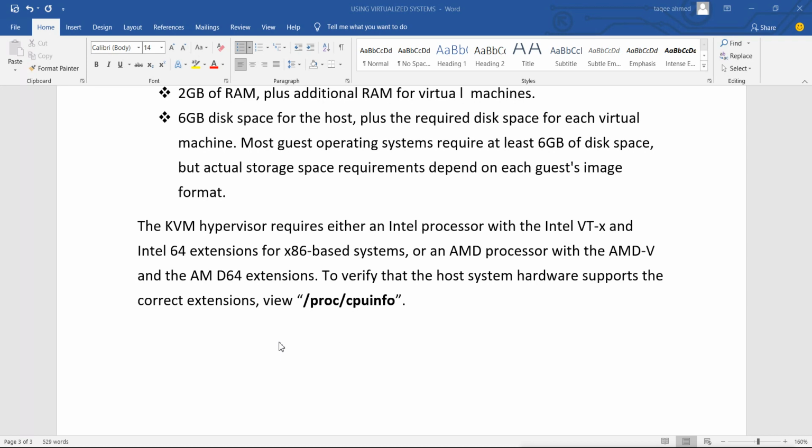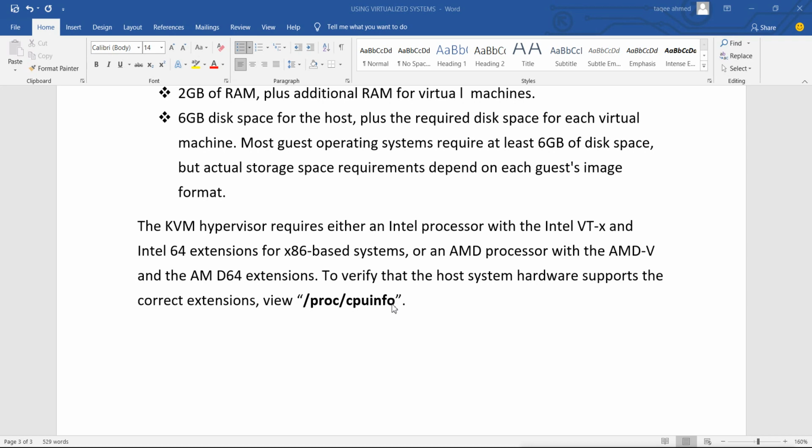Now to verify that the host system hardware supports the correct extension, we have to view the file under the proc directory, that is cpuinfo. In this file we can check the information about the CPU, and what technology our CPU supports, whether our processor is Intel or AMD. It should support those technologies for virtualization. Like an Intel processor should support Intel VT-x, or if our processor is AMD, then it should support AMD-V.